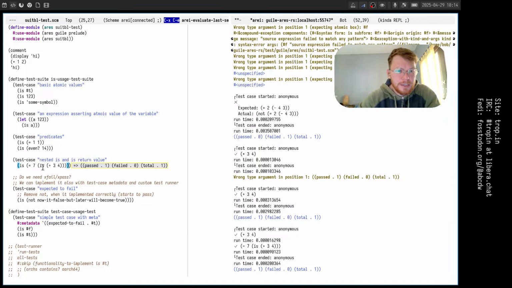As you can see, the nested is returns the value of the expression, and the outer is returns a test runner summary. I think we always want to return the value,